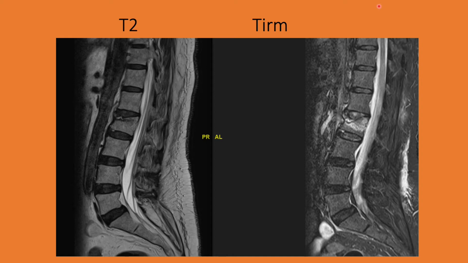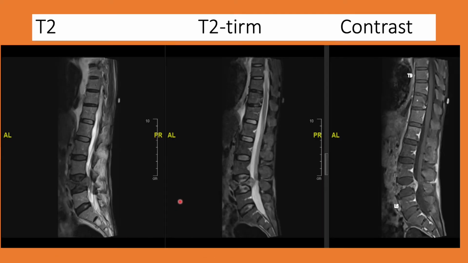Now let's assess what is a contrast image. A contrast image here is shown of a sagittal section of T2, TIRM, as well as a contrast image. And the pathology that we are talking about is the vertebra on lumbar 4. You can see that there is a collapse of the vertebra here on the sagittal view, with a complete signal change in the whole of the vertebral body, meaning that there is a possibility